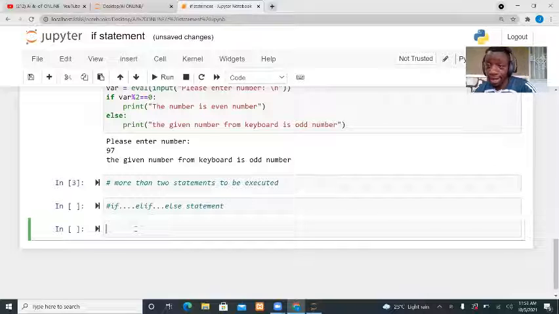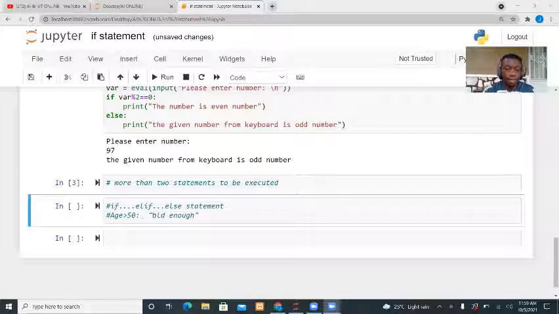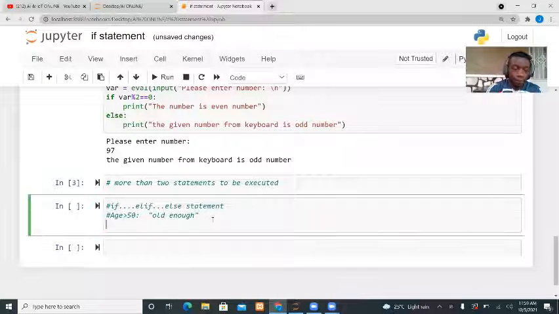It might be your age or my age or someone's age. Then I want to check if someone is mature. Here we are going to define 3 intervals. First interval, when the age is greater than 50, we say you are old enough. If age is between 30 and 50, we say, for instance, you are mature,